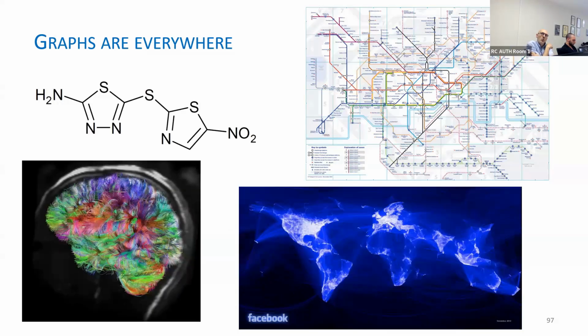For example, we can have a graph that models the structure of some chemical formula, or a graph can be used to represent the connections between the nodes of a metro line, or for example, here a graph can be used to represent the connections in our brain, or again, here you can use a graph to represent a connection between